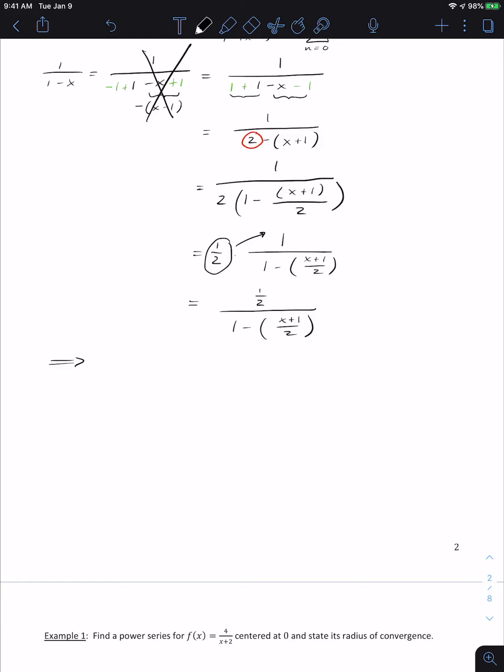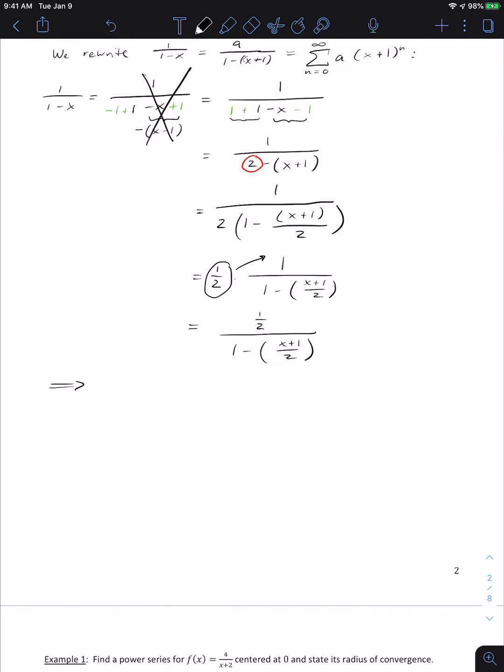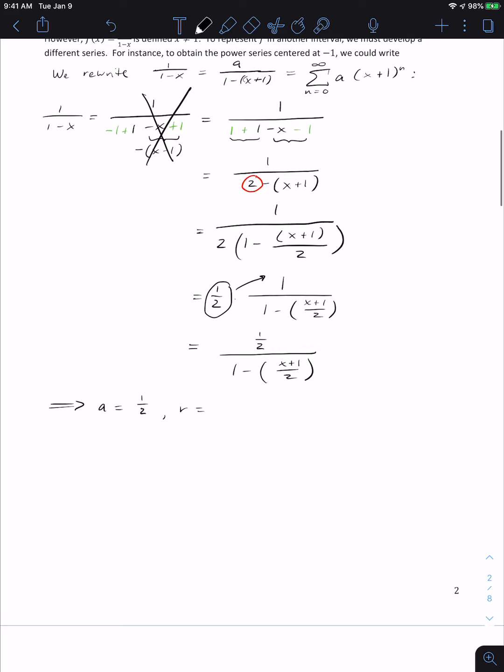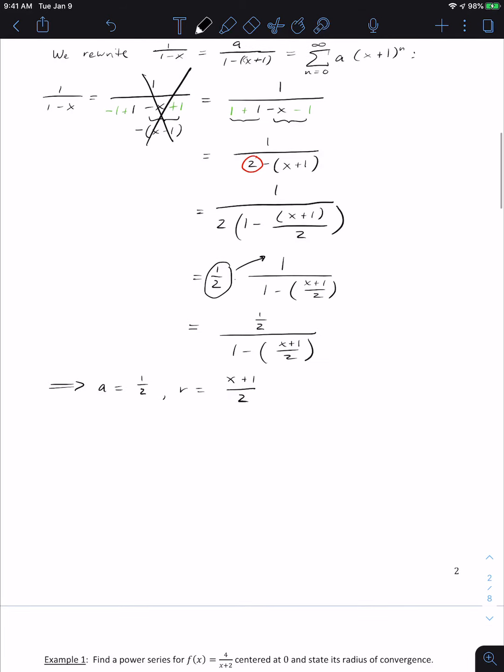So what did we figure out here? Well, whatever's in the numerator, remember, is my a. So a is equal to 1/2, and r is equal to whatever I'm subtracting here. So I get x plus 1 over 2. Okay, so what does that mean? We end up getting that by the geometric series formula,